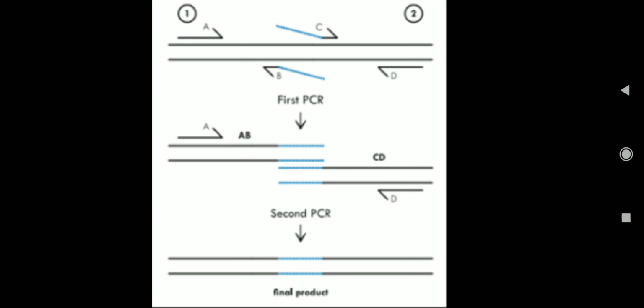Once we get to know that the mutation has occurred, it is transformed into ultra competent E. coli cells. After it is transformed into ultra competent E. coli cells, it is screened by sequencing. Now here we should remember the primer length should always be 10 to 12 nucleotides, and the melting temperature is 50 degrees Celsius. In other methods, we used to carry out only 12 to 15 cycles of amplification. Here we can carry out 30 cycles of amplification.